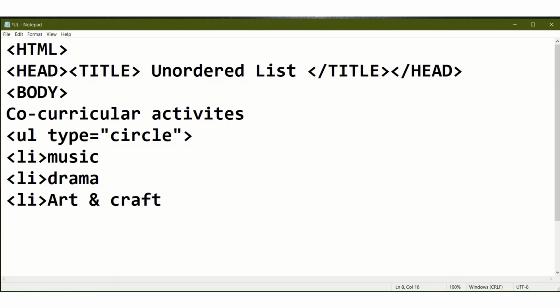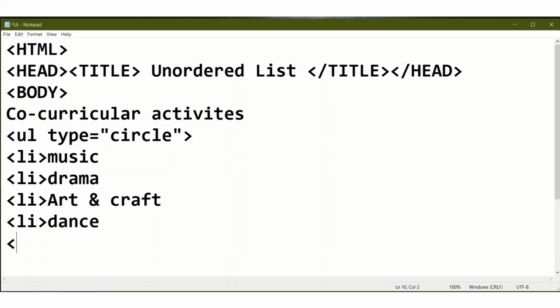Then again you can give li. Suppose I am writing dance. Okay, so in this way you have to write different items which you want to create using the bulleted list.